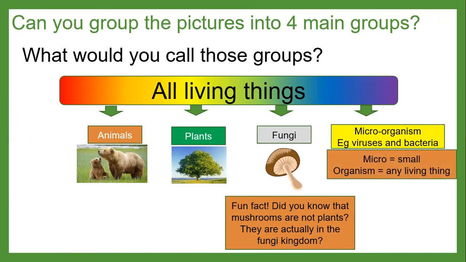Again, with the rest of them, animals, plants, and microorganisms. Micro meaning small, and organism means living thing. A lot of microorganisms are unable to be seen by the eye. For example, coronavirus is a microorganism, a virus that is unable to be seen visually. So again, you need microscopes and things like that, but they're very small, micro, really, really small.